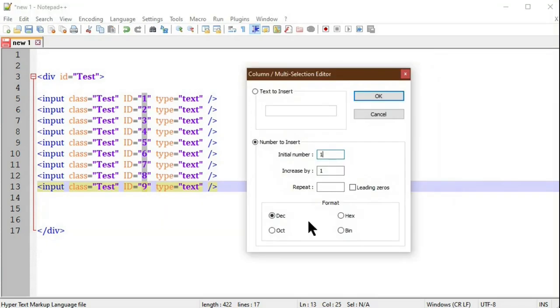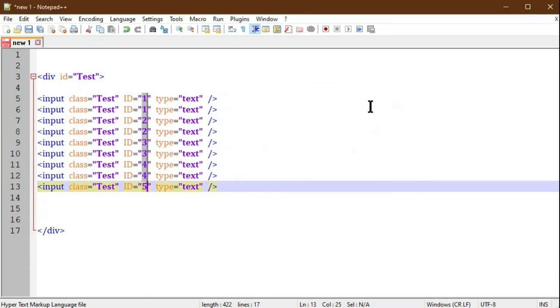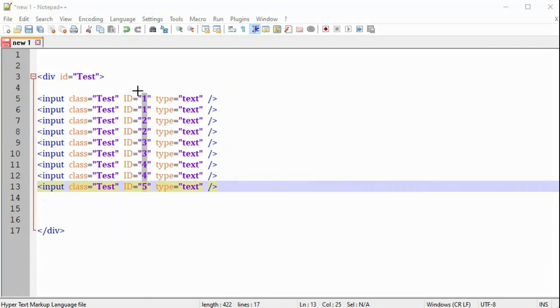Another option in Number to Insert is Repeat. The Repeat function is used to repeat each sequence number multiple times. Suppose I type 2; then it will repeat each number 2 times. You can see here 1 repeated, in the same way 2, 3 and 4 like that.